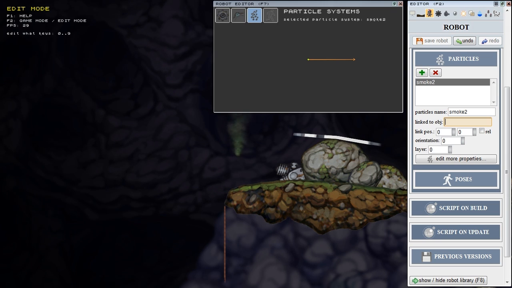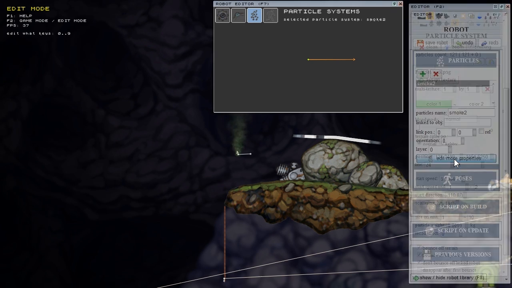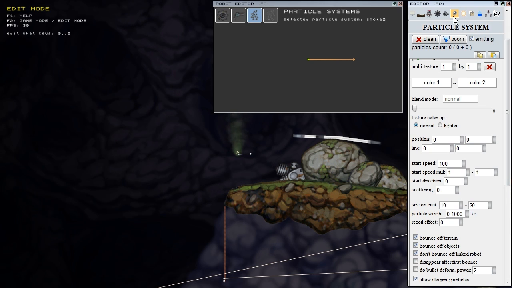I could write the name of an object to which the particle system will be linked, but now we'll do it without linking to an object. I can set up some more basic parameters like position, direction and layer index here. And here I will click this button, so I go to the particle system page, and now you can see